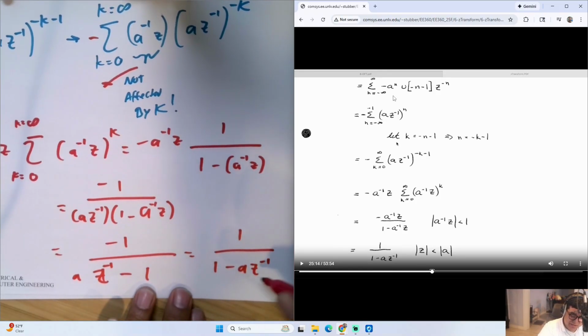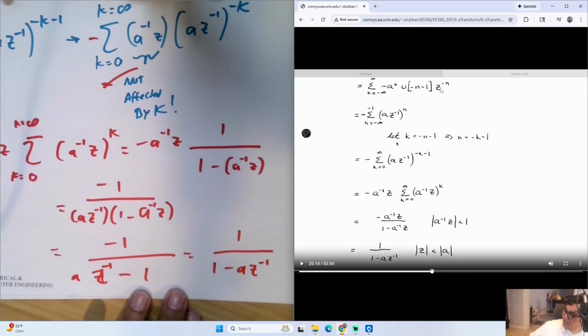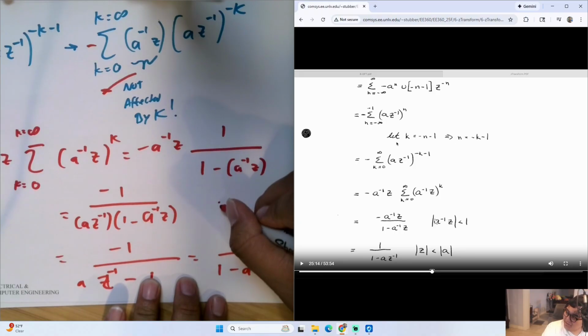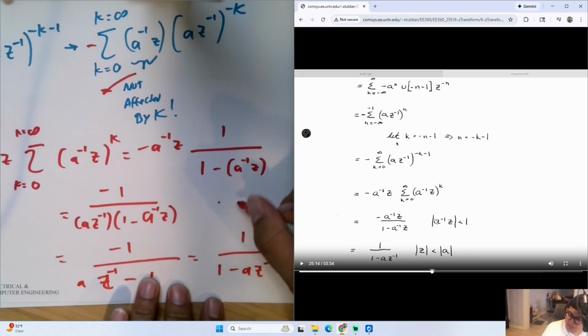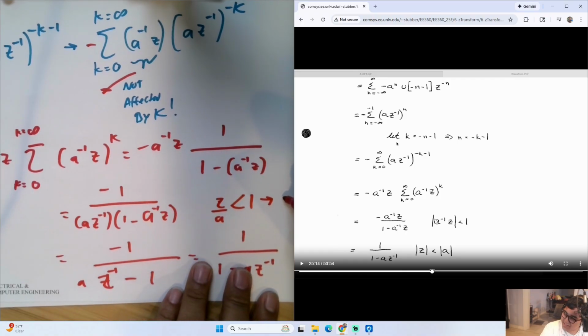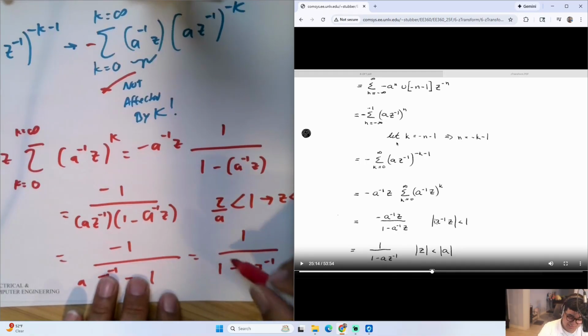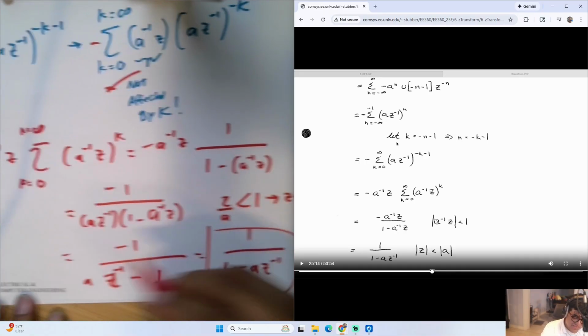Okay, and then now you have to think about your condition where you have to assume that z over a is less than 1, therefore your z has to be less than your a. And make sure the pole is inside there, so it's stable. So don't forget this condition, and that's your proof